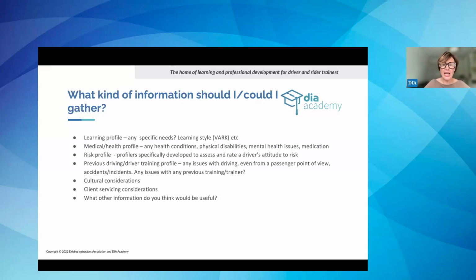Medical health profile: any health conditions, any physical disabilities, any mental health issues, any medication that the pupil may be taking or experiencing in terms of a condition that is going to have an impact on learning to drive. The risk profiler, and not just on learning to drive, but on the onward journey of being an independent driver.